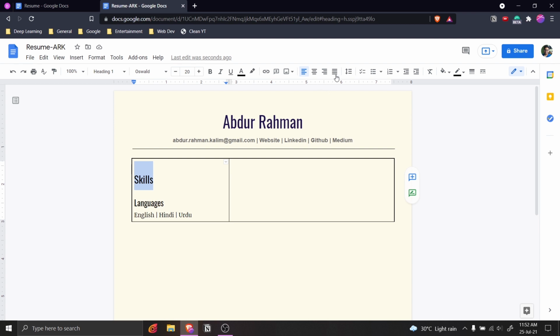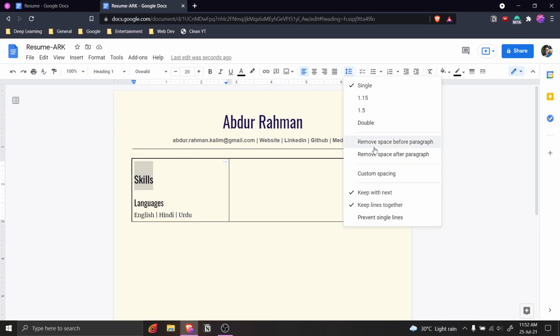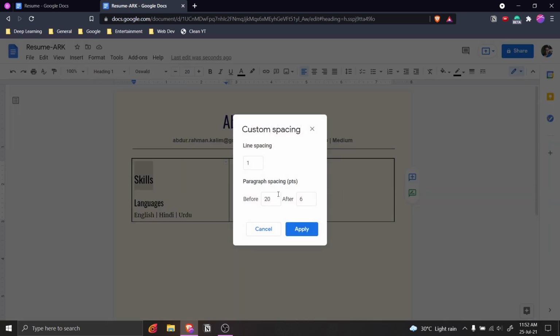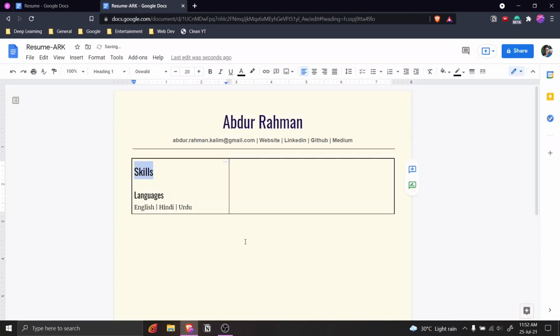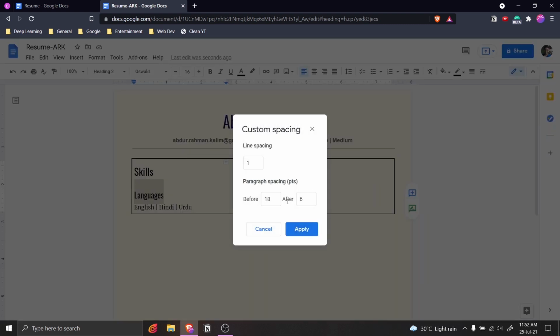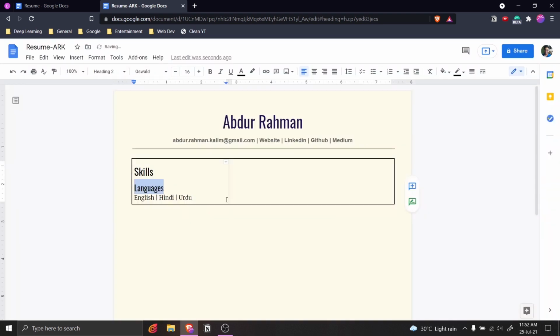So select this and go to line spacing, go to custom spacing, and then as you can see the spacing before is 20. So let's reduce it to 5, and for the after let's make it 0. This is much better. Similarly, let's do a similar thing for languages. Spacing, custom spacing. Before let's make it 5 and after let's make it 0, right?